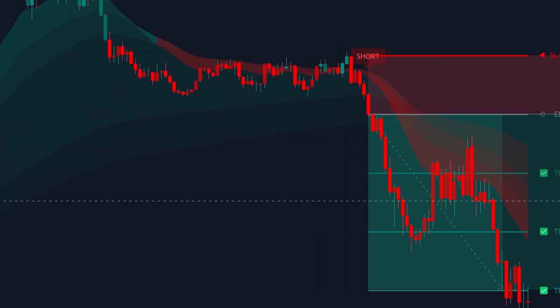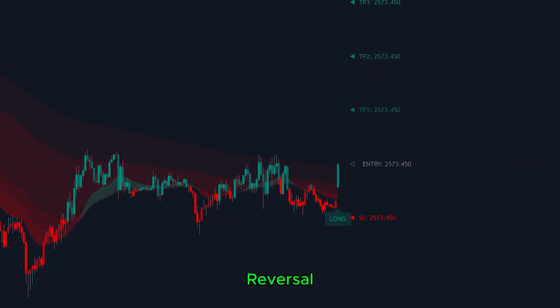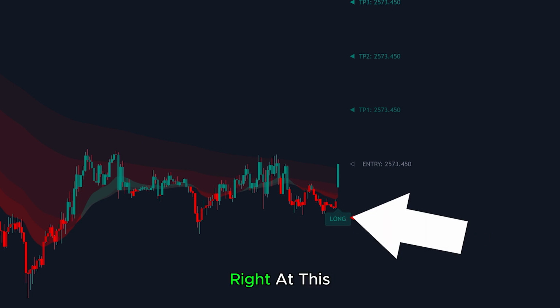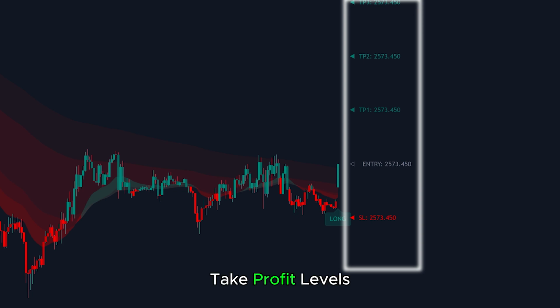profit. On the other hand, the same indicator detected a bullish reversal. You can see these green candles forming on the chart, signaling a shift in momentum. The Quantum Smart tool picked up on this change and generated a buy signal right at this point. As always, the tool doesn't just give a signal, it also plots the entry, stop loss, and take profit levels